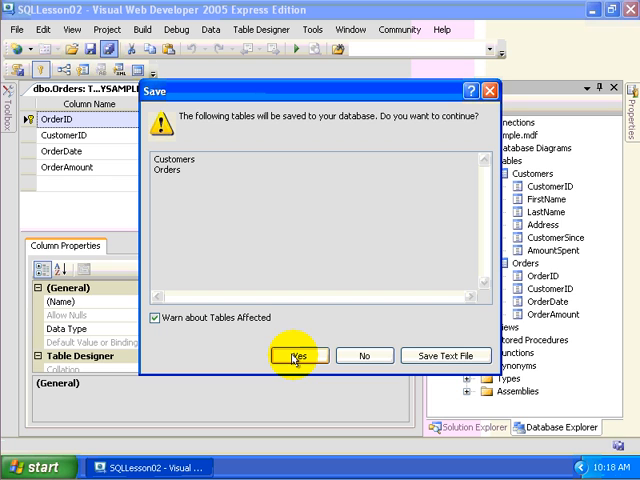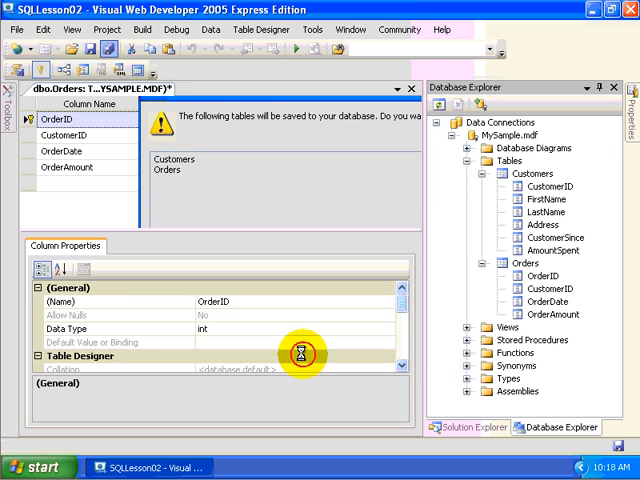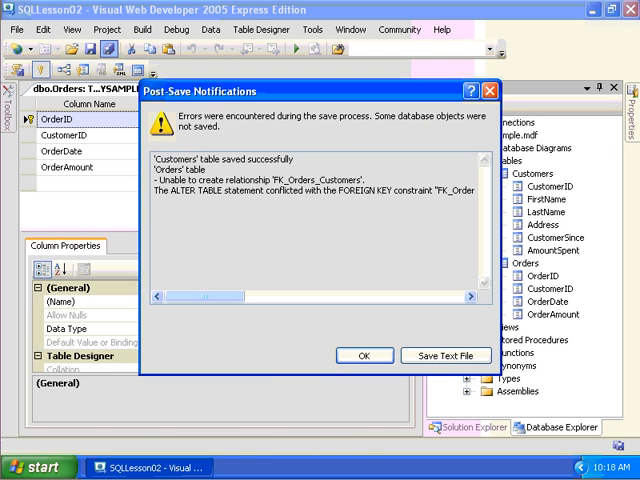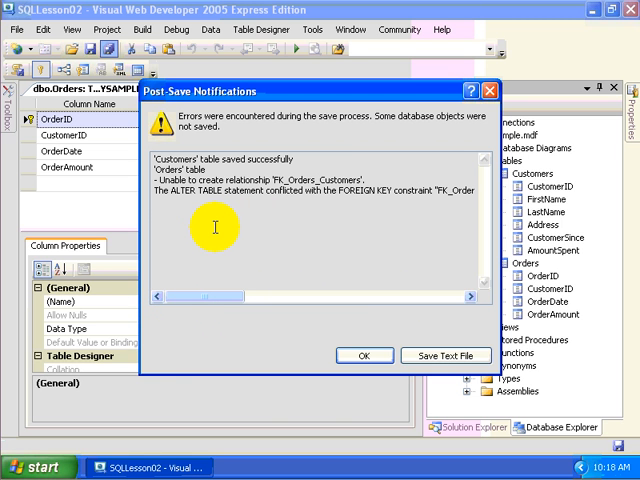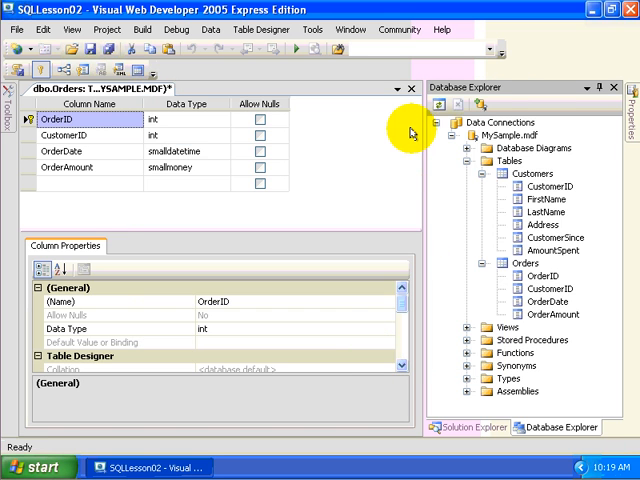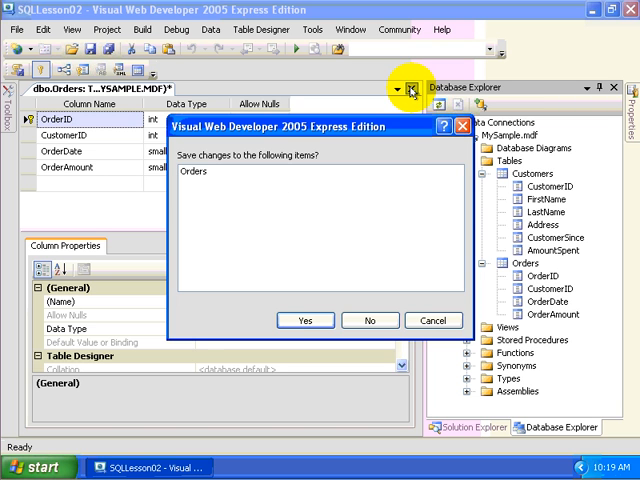I selected the Save All button, and this says that the following tables will be saved to your database. Do you want to continue? It makes changes to both of our tables, so I'm going to select yes, that we want to go ahead and do that. Now notice that I get another little problem here, and the reason is because I have the situation that I described earlier where we have data that's not able to relate between the orders table and the customers table. So what I need to do is go ahead and shut this down,